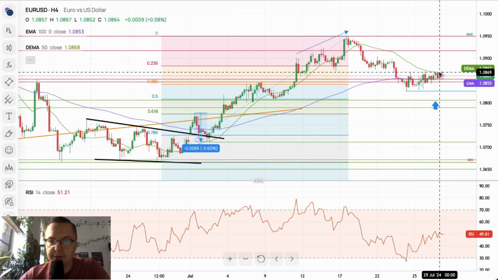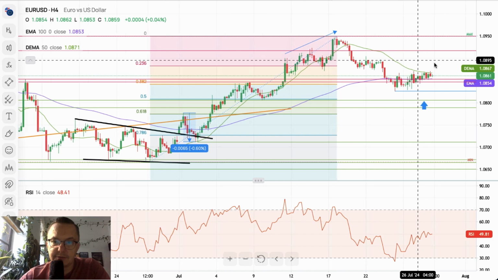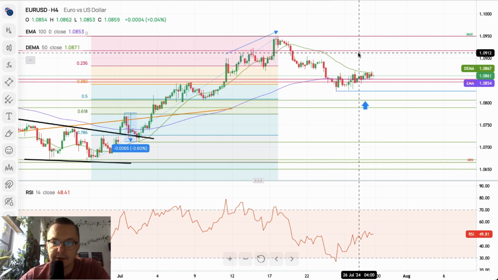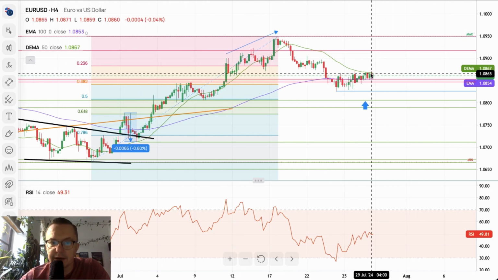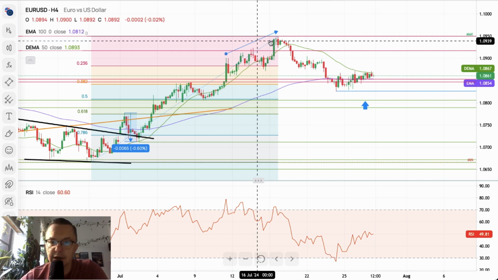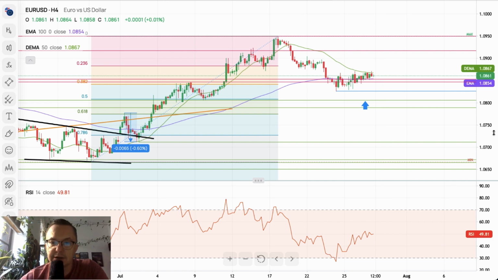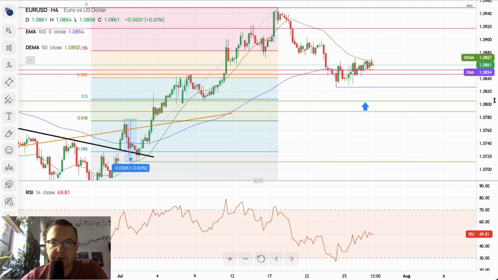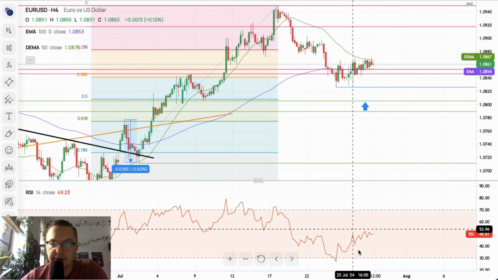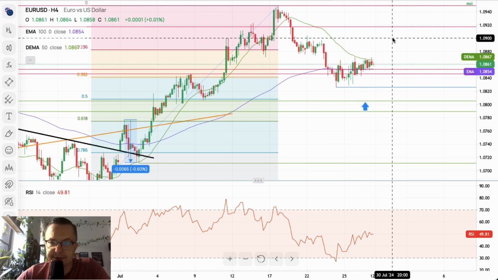So please be very careful with the current situation, because it means that sooner or later we will have some sort of breakout out of this range. Basically, range traders might be happy with that situation, but the momentum traders are definitely not happy with this, because the momentum is very limited. Nevertheless, all of the previous levels are still valid.